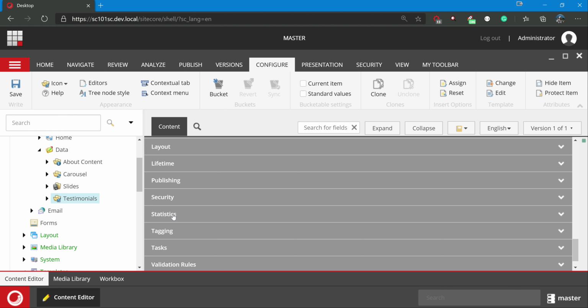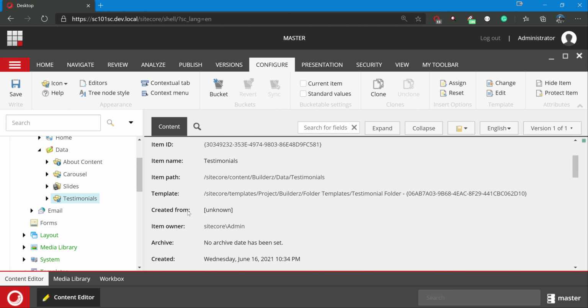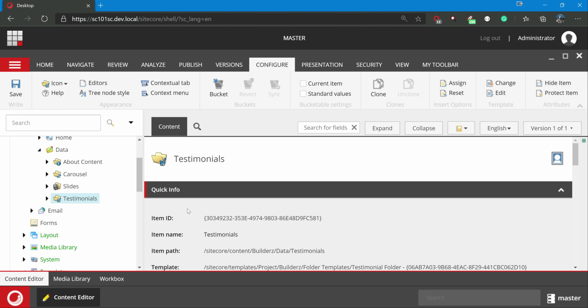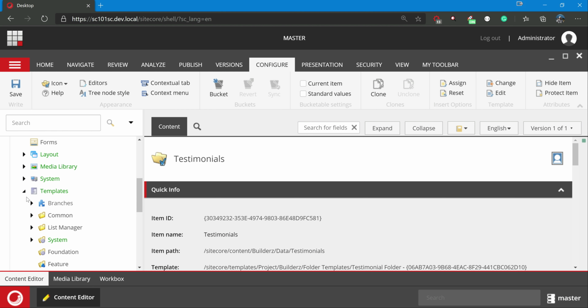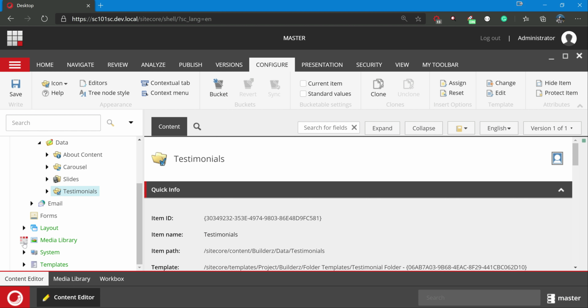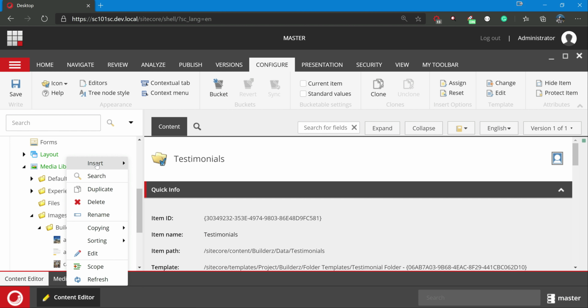There is one extra point: Sitecore already uses a lot of these folder templates or insert options inbuilt, for a lot of their rendering folders and all. Let's just quickly see that. If you go to the media library, you have image, and we did create the builders. If you right click the builders, you get the upload file and media folder. If you create another media folder, that also has this option.